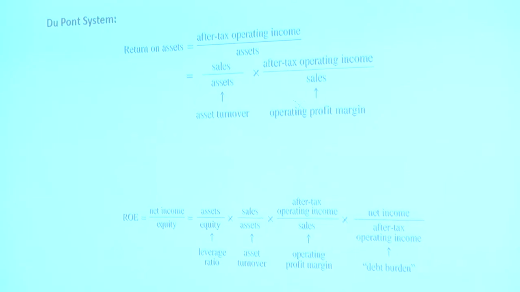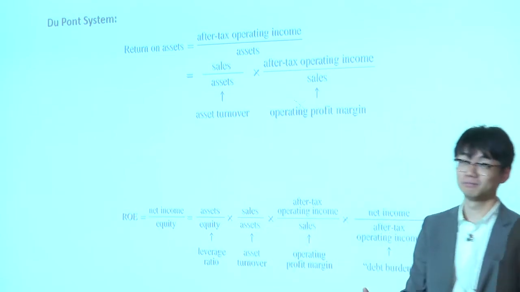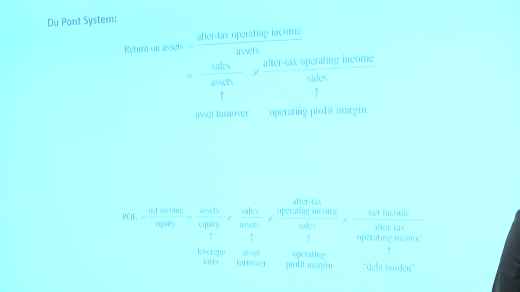Might not always be given what the equity is or what the sales is. Yeah, but that's not true in the real world. When you read a 10-K from a firm, you will always have those 2 items. Net income from the income statement, shareholders' equity from the balance sheet. Yeah, I know in your questions you might not always know net income and equity. You have these 4 and you multiply.